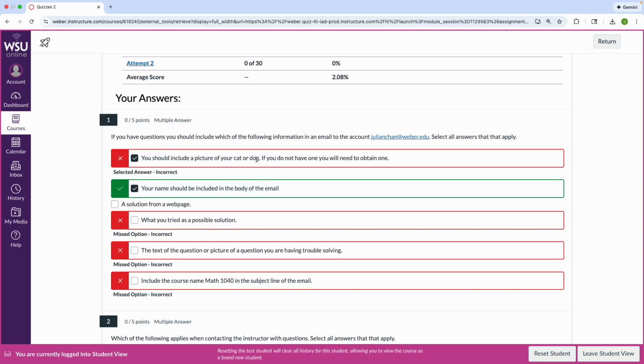So 1 incorrect, 1 correct. The incorrect answer is worth negative points. So be careful what you select.